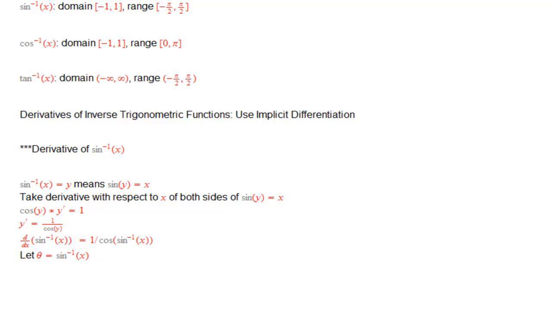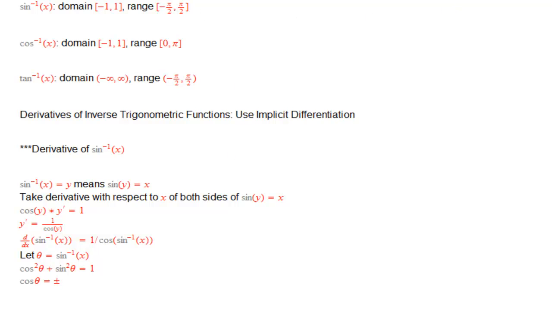Now the Pythagorean identity tells me that cosine squared theta plus sine squared theta equals 1. And what this is going to allow me to do is get an expression for cosine theta. If I solve this for cosine theta, then the sine squared theta is subtracted over, and I take the square root, need to put a plus or minus there, and I get that cosine theta equals plus or minus the square root